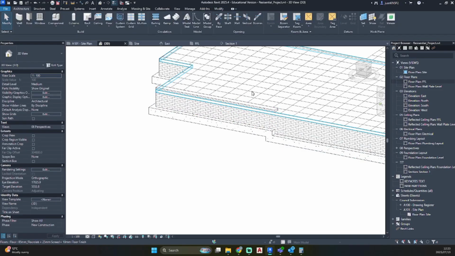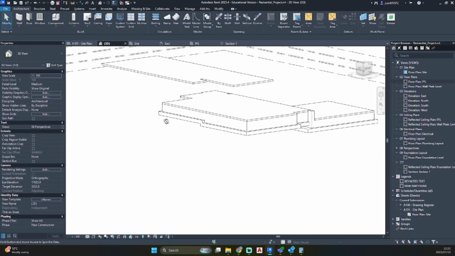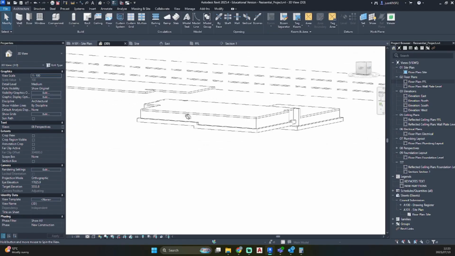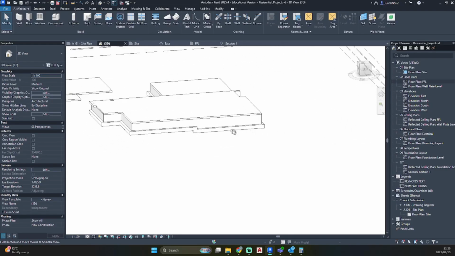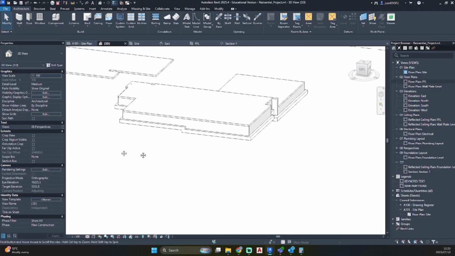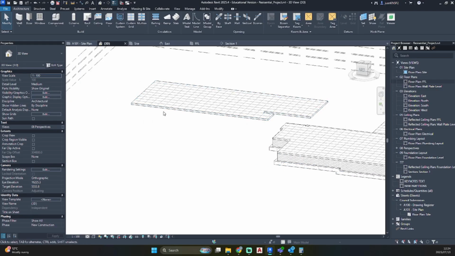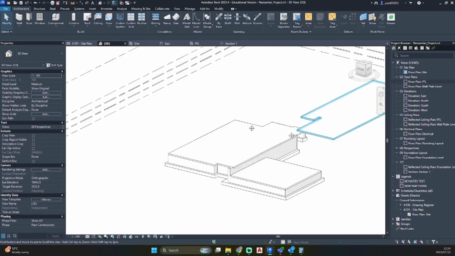Go to your properties panel, select the wall, top offset 0. And there we have a step in our foundation that looks very neat. So now we'll have to recreate what we've done here on this wall, and we'll have to see